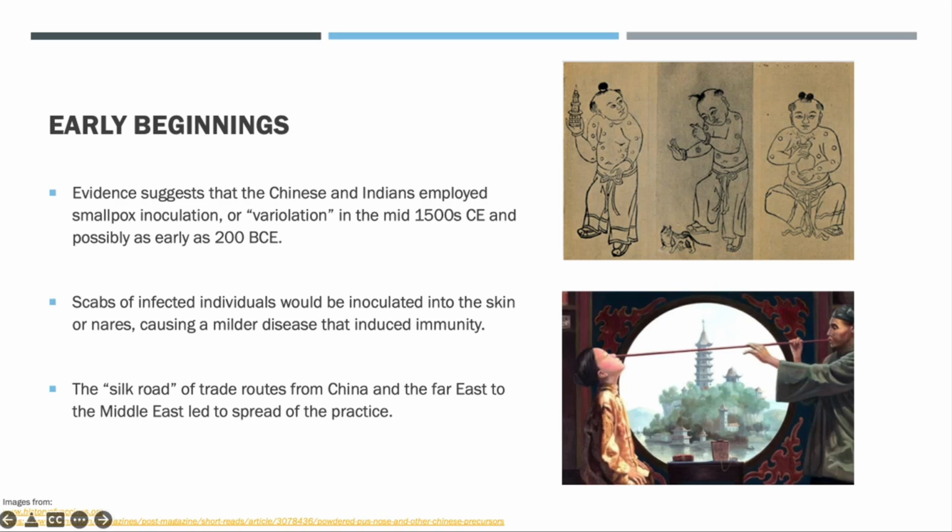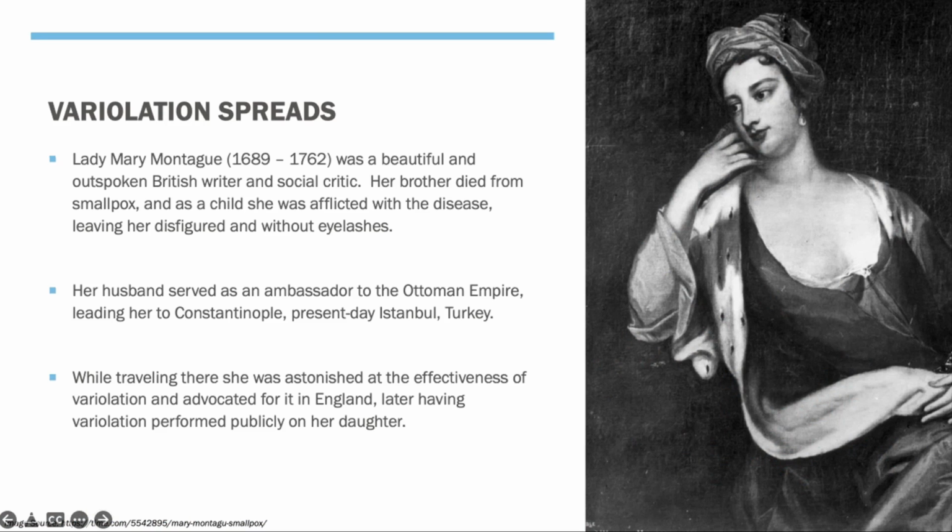And one of the notable people around this time was a woman named Lady Mary Montagu. She was a very prominent member of British society. She was a very outspoken writer and social critic. Her brother actually died from smallpox. And as a child, she was also afflicted with the disease. She was known to be very beautiful, but with the disease she had, she was fairly disfigured from it,